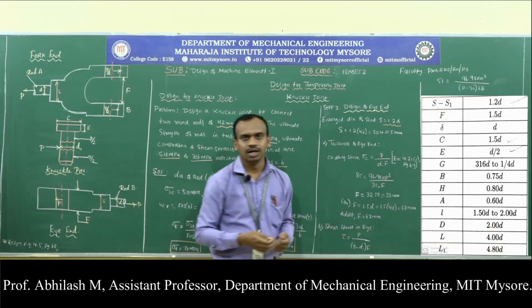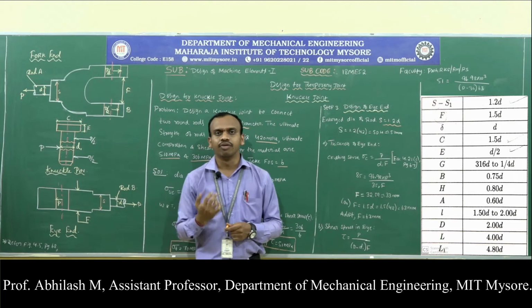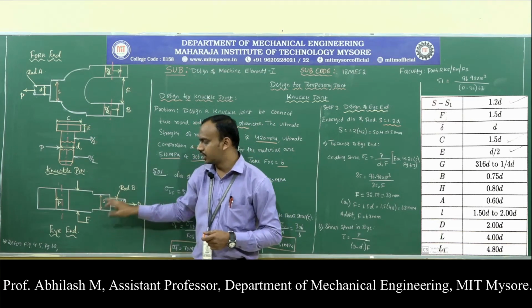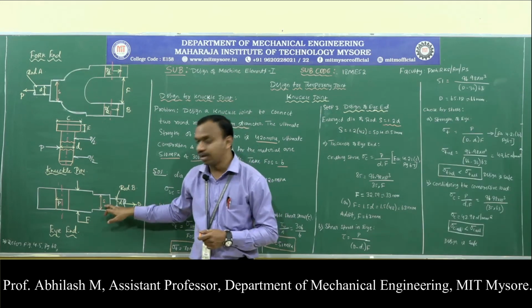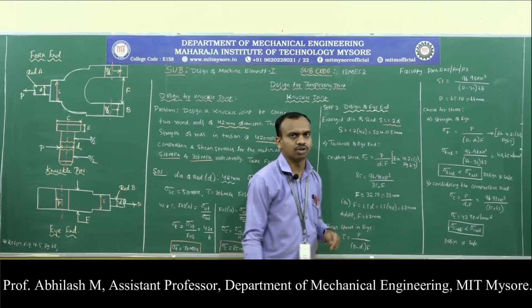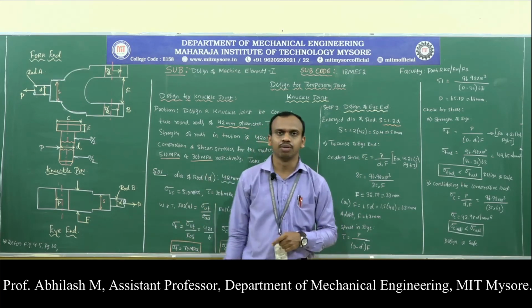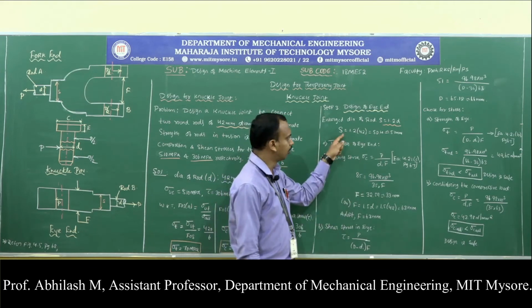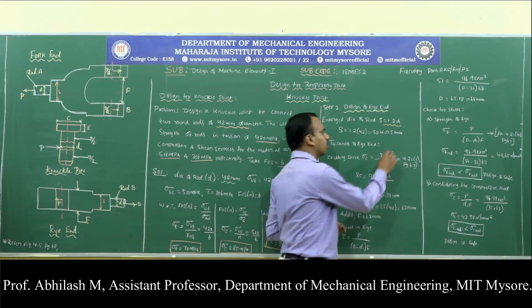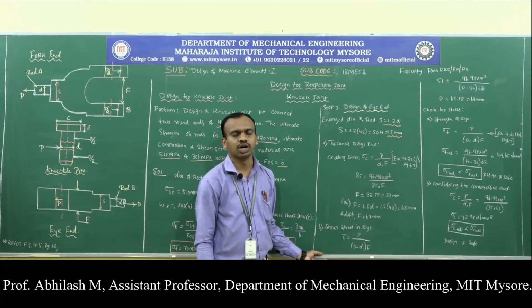This again, if you refer to page number 68 in the data handbook, we have the table where we are going to get the dimensions for C, E, S. Based on that, this S will be equal to 1.2 times the diameter D. The diameter of the rod is given in the problem, 42 millimeter. Substituting the value, we obtain the enlarged diameter value, which is 51 millimeter.